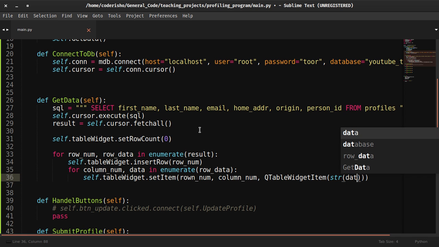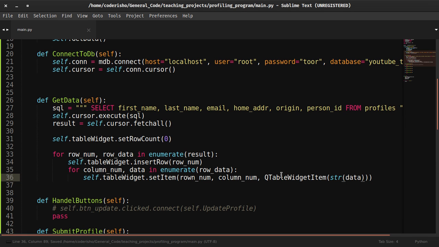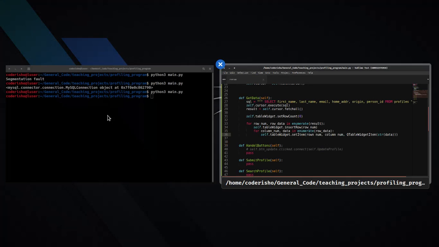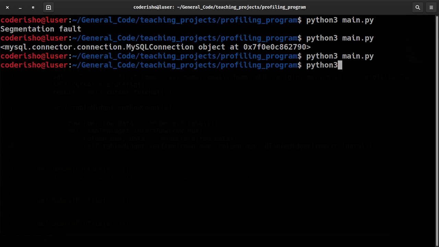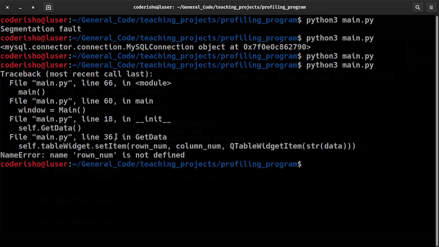This should be the string of that data, and this is actually all we need to get the data for our application. So let's do that. Let's try and see if that's been